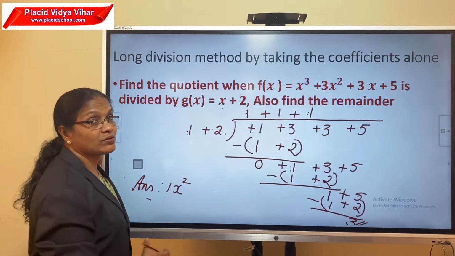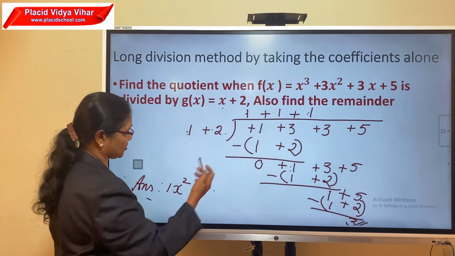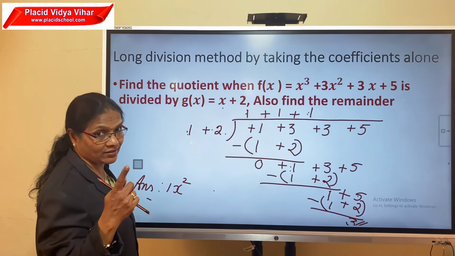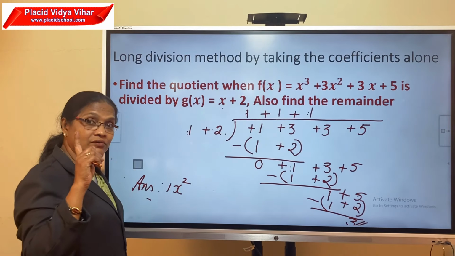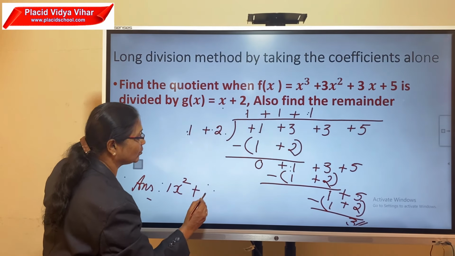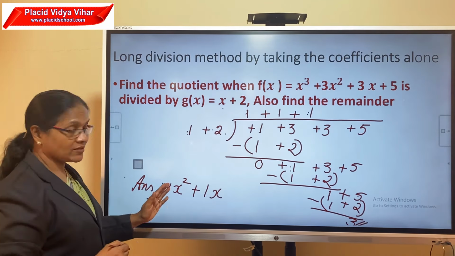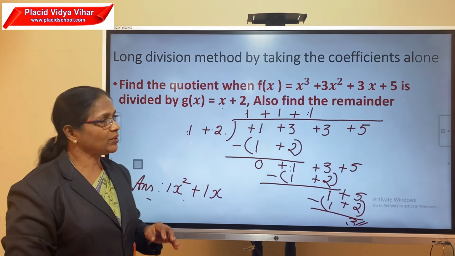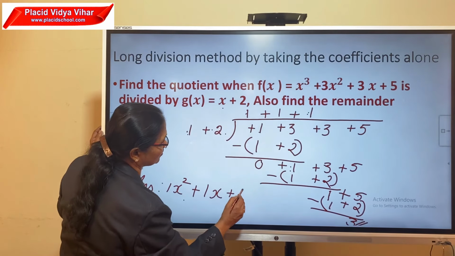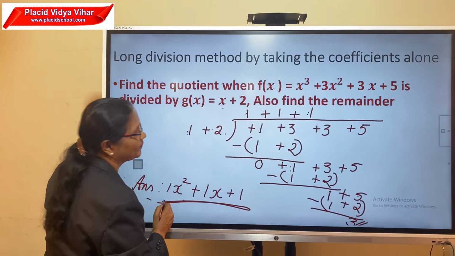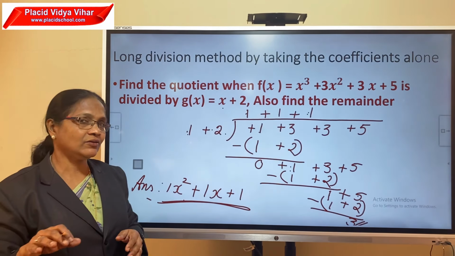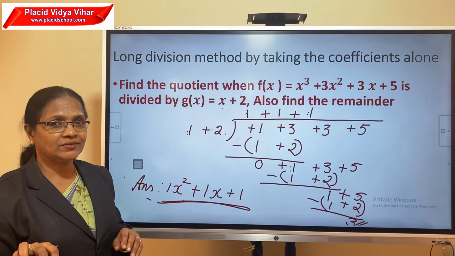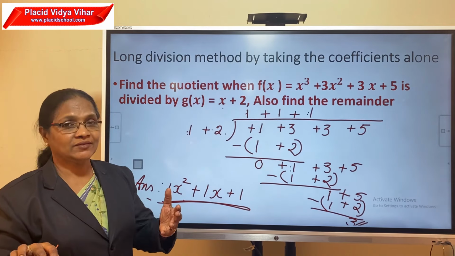Then the answer also in standard form, you know the next one is 1x squared. Then the next term must be the term having x. Here the coefficient is also positive 1, therefore we can write 1x. See, x squared term, then x term, then the last term must be the constant one, that is plus 1. This is the second method, taking only the coefficients. I feel it is easy to complete the work in a quick way.